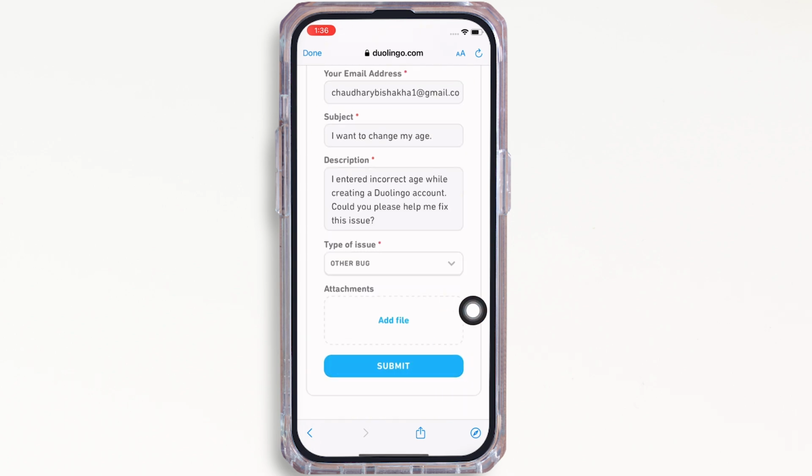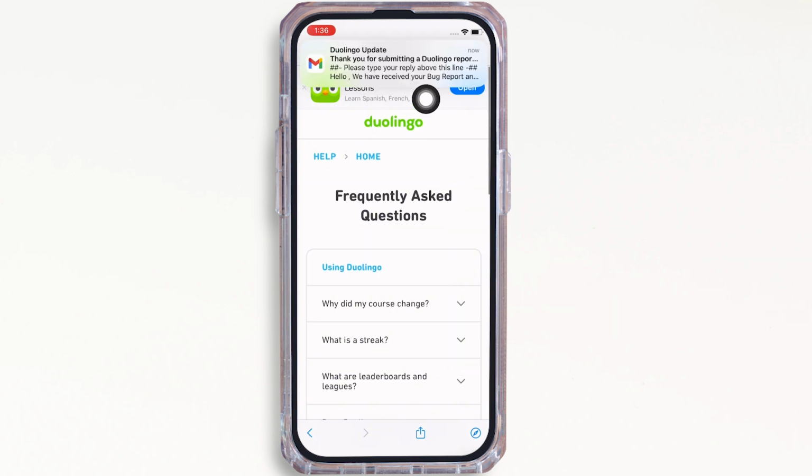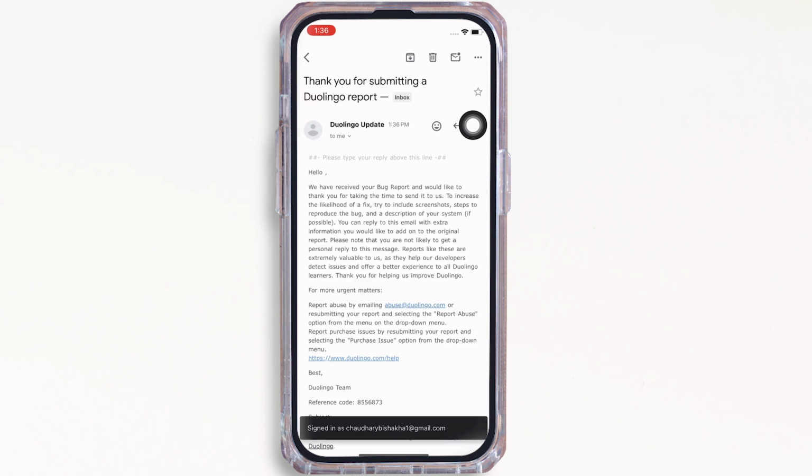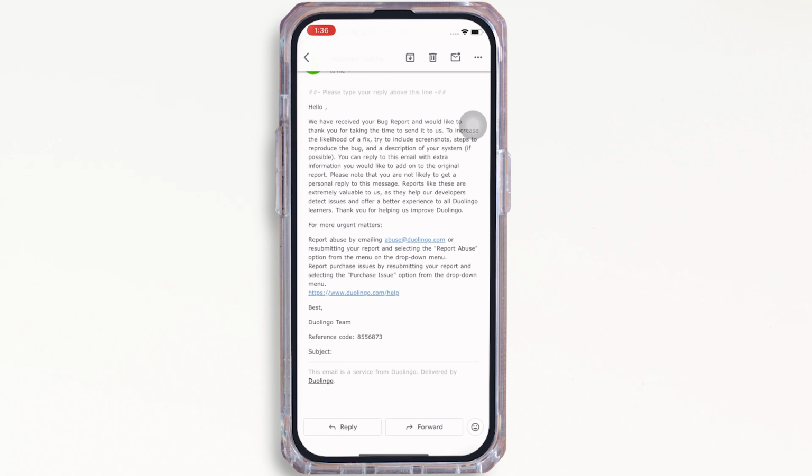button and you will immediately receive a confirmation email reply from Duolingo in the email address that you have connected your Duolingo to. Now, wait for the other reply from Duolingo, and this is how you can change age on